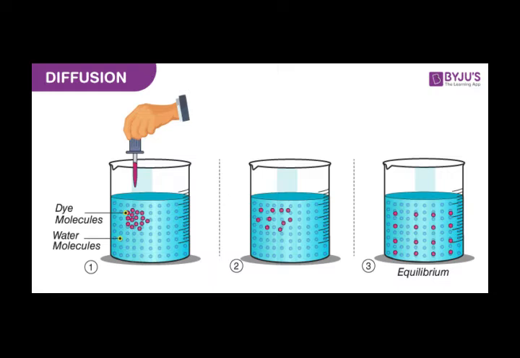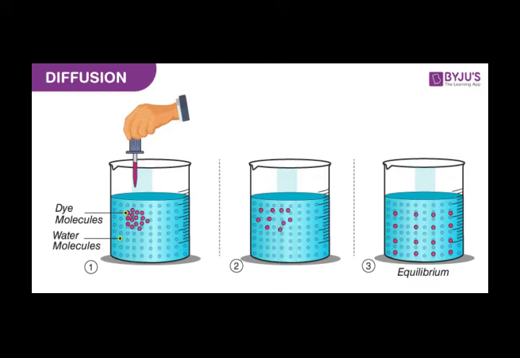So what happens if we do this type of diffusion? Why is it applied to the absorption and conduction of water? Let us see. The molecules are moving farther and farther into the region where they are fewer or absent. And this continues until the molecules are uniformly distributed. Stirring with a spoon or a glass rod hastens the process of uniform diffusion, and you get a homogeneous solution very fast. But if you don't stir, it will become a homogeneous solution, but after a while. So this is what we call diffusion.